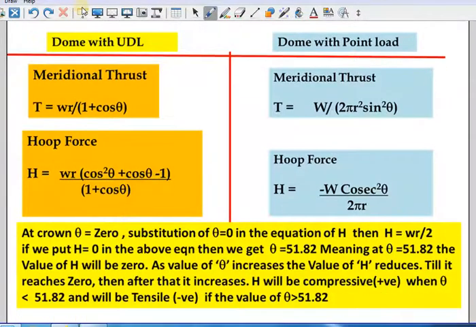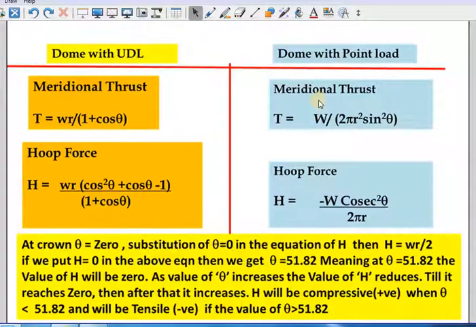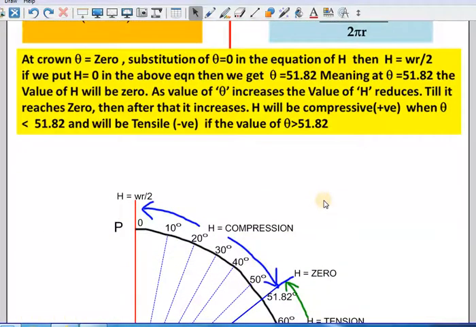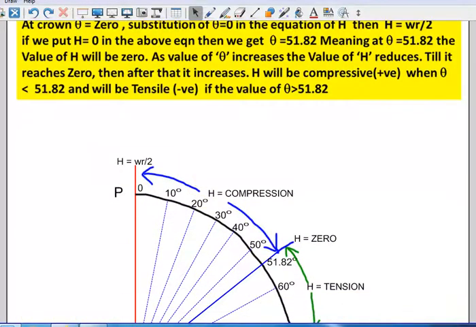And if it is a point load, then your meridional thrust will be W, capital W, by 2 pi r square sin square theta, where r and theta are the same as I told in the previous case. And the hoop force H will be minus W cosec square theta by 2 pi r, where minus is because it is negative, it is always a tension. So here one thing you should remember is, as I told you here,